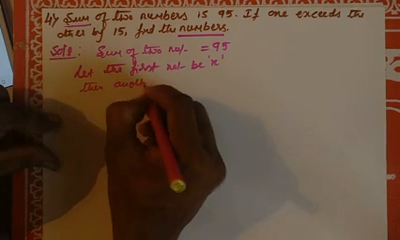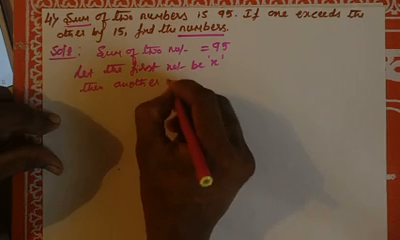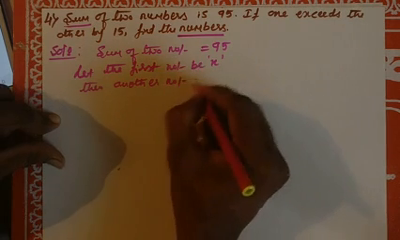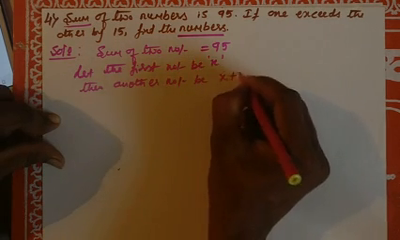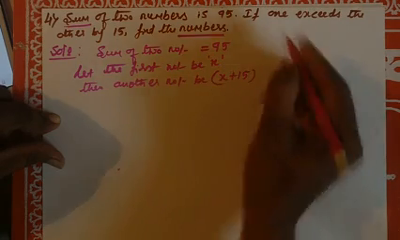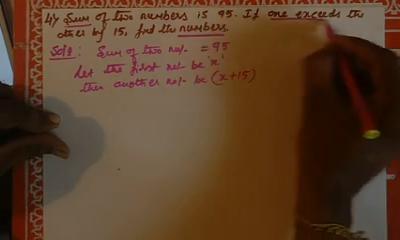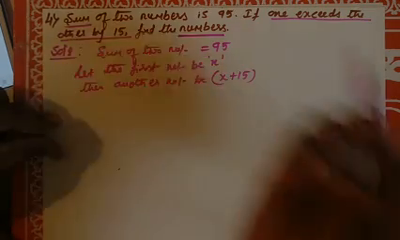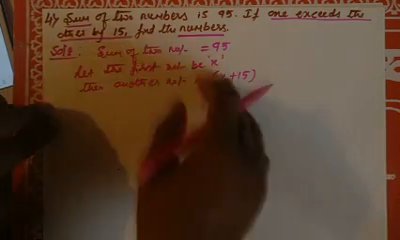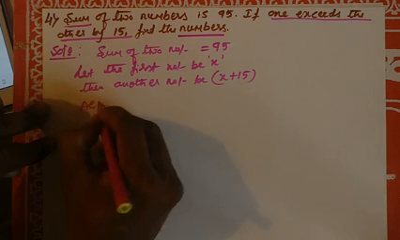Then another number be x plus 15, because one number exceeds the other by 15. That's why. Okay. According to the question,